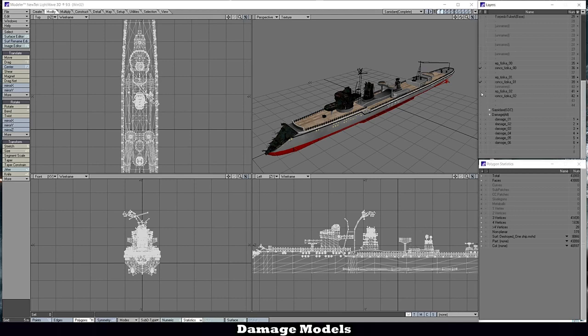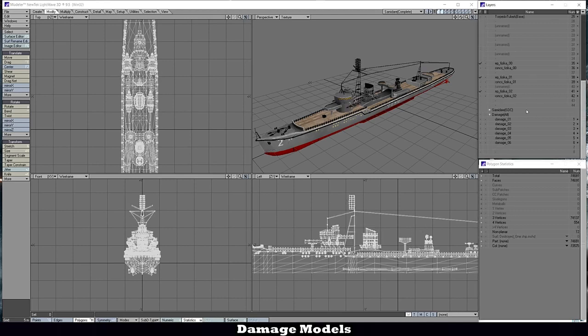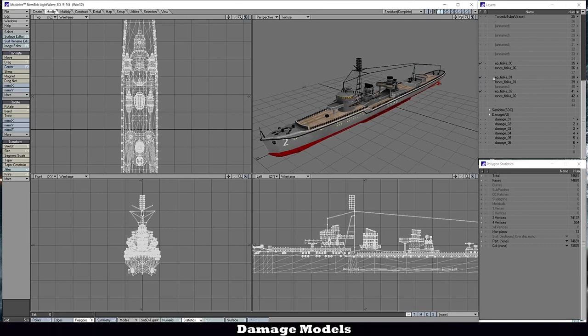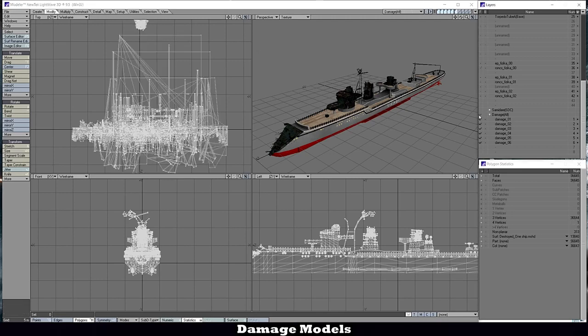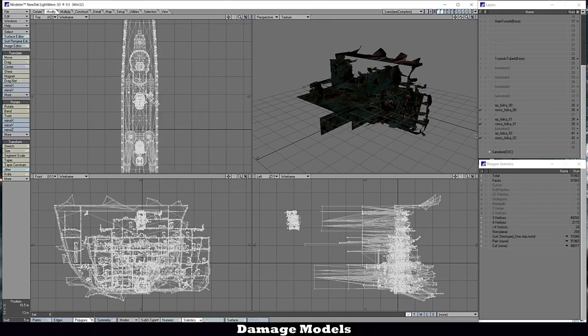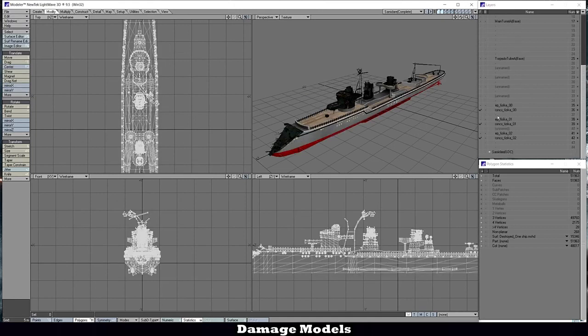So now you have the healthy versions of the ship, and you also have the damaged ones, which you're going to be using. Both of them are going to be implemented in the game. Of course, this is just 3. I usually do more, but hey, this is just for a tutorial. And that's it for the damage model section. So now I'm going to be moving to the second SDC section, the one in which we create a hitbox